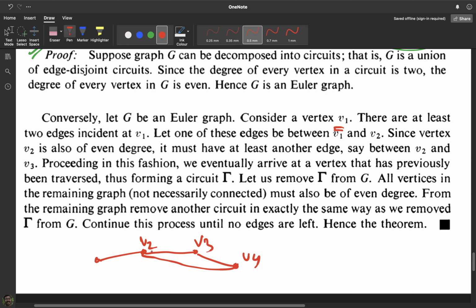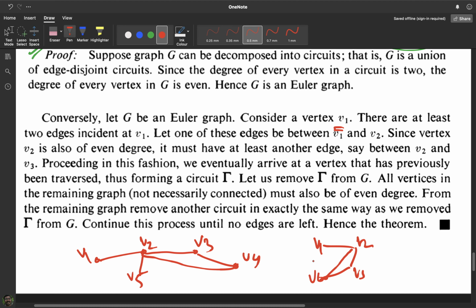What you do is delete this portion V2, V3, V4 from the Euler line and replace it with V2. So when you draw the Euler line, it goes from V1, V2, V3, V4, comes back again at V2, and it may go to some V5. You delete this portion V2, V3, V4, V2 and replace it by V2. So you will now be left with V1, V2, V5. Again somewhere it will intersect. It may reach some point V6 and come back to V2. Again you delete that portion, replace it by V2, and ultimately this should end. Since this is an Euler line, it will end at V1.